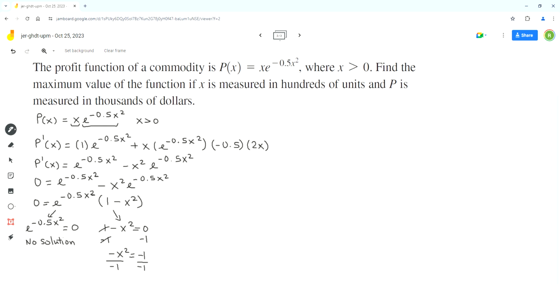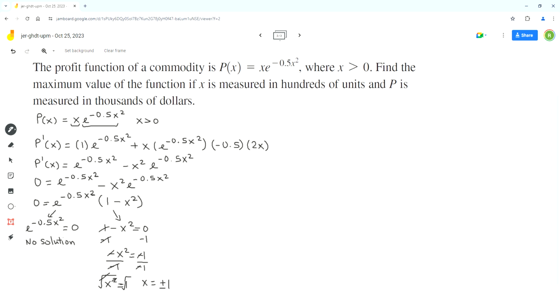So the negatives get cancelled out. So we get x squared equals 1, and now we can apply the square root to both sides. So on the left side, the square root and the square get cancelled out, and we get x equals